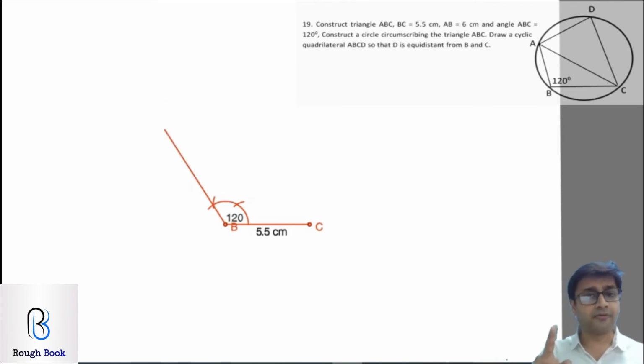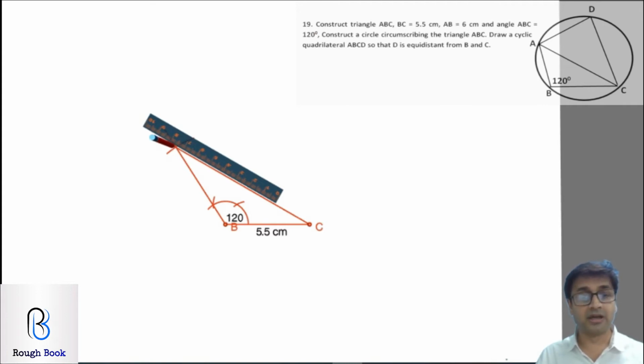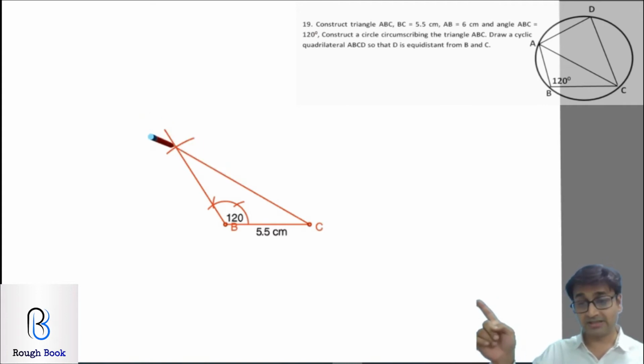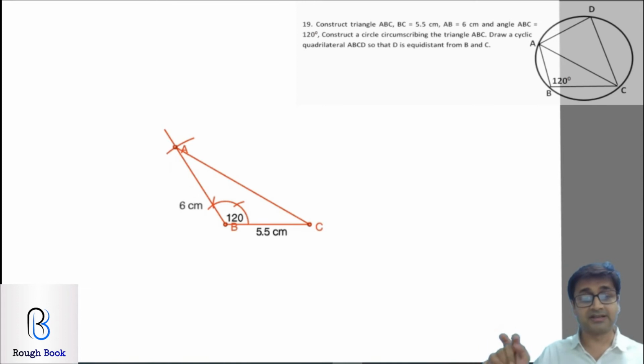I'm sure none of you all were with me this time and you were doing this on your own without copying. So compass on B, cutting an arc 6 centimeters. Once you cut it, plot it as point A or join it, and then don't forget to label your triangle. Have I labeled over here? See there, I will never forget labeling. I should not lose my marks unnecessarily. So keeping over there 6 centimeter.